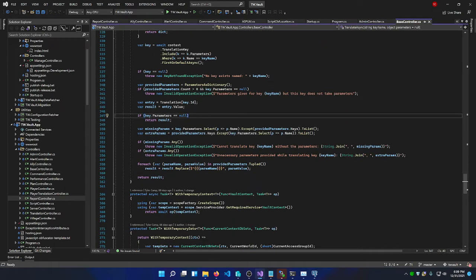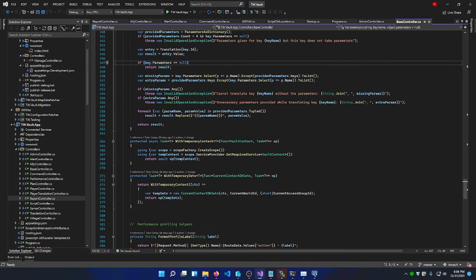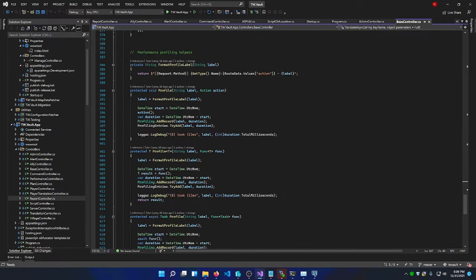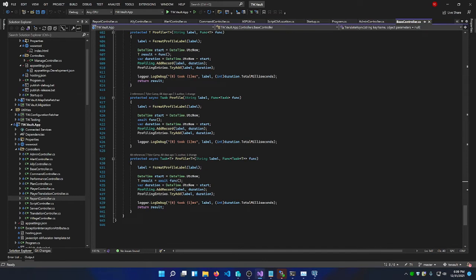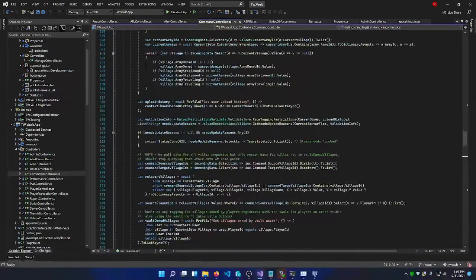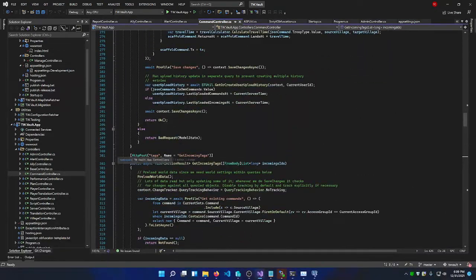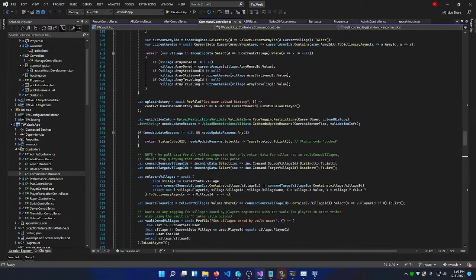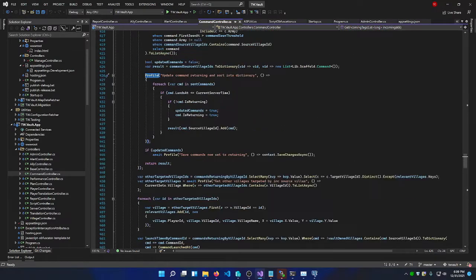This other stuff, checking that the parameters exist. More utilities, profiling, yeah. Okay. BaseController, AlertController, CommandController. I believe this was for tagging. Yeah, get incoming tags. This was one big